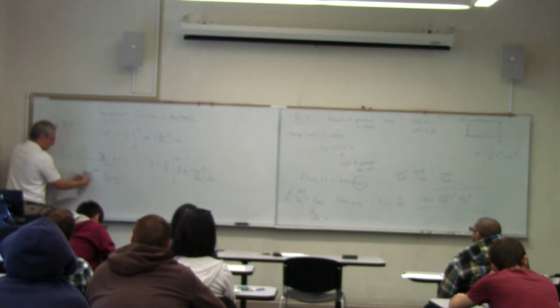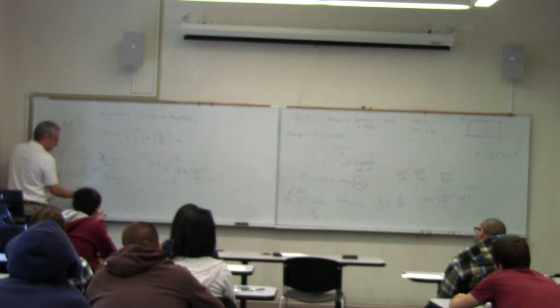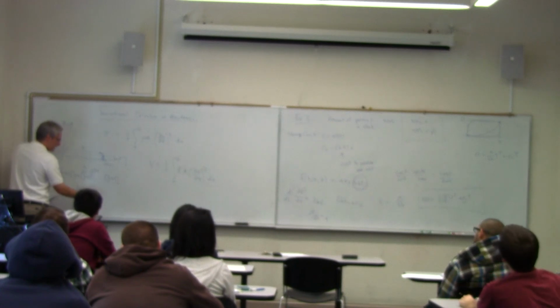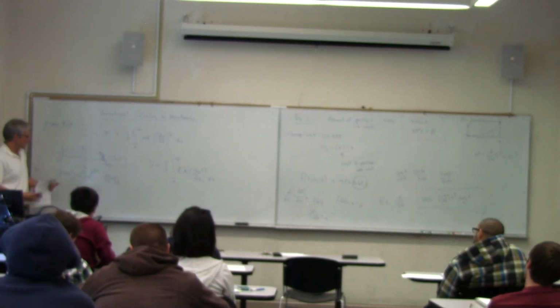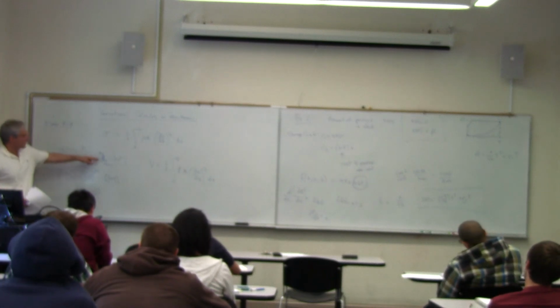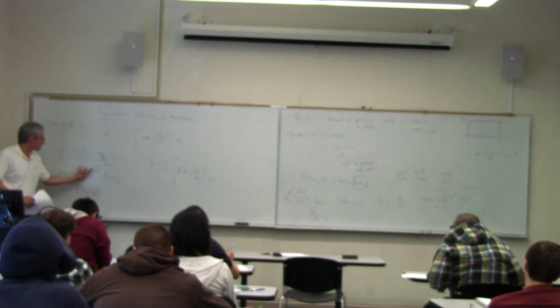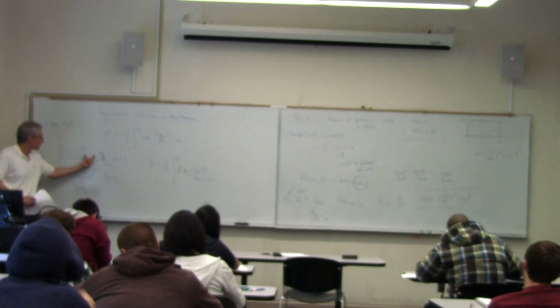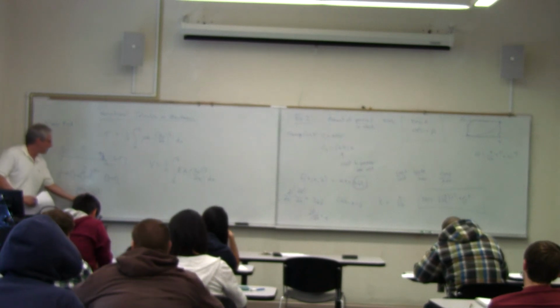So the potential energy here would be like 1/2 k xn plus 1 minus xn squared, just between adjacent masses. And this difference, as you look as the slices become infinitely small and infinitely close to each other, this quantity